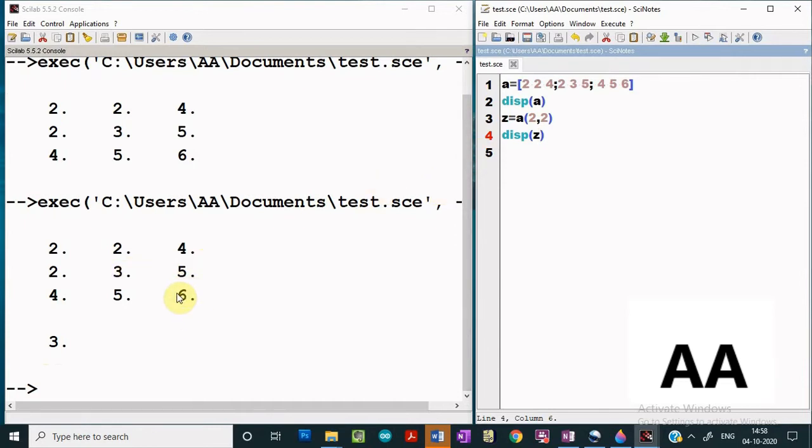Now suppose you wish to access the element 6 over here, how can it be done? Again we have to pass the required indices, and for this particular element the index will be third row and third column. The first parameter over here will always be the row number and the second parameter will always be the column number. So this is how a particular element can be accessed in a given matrix.